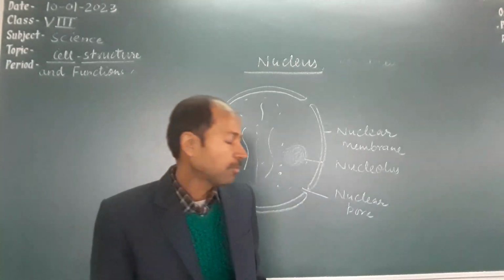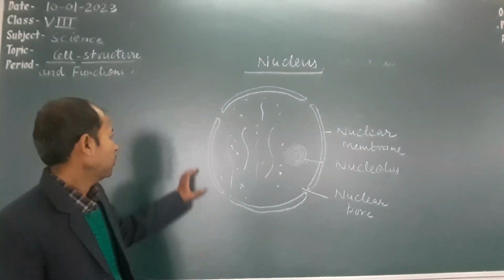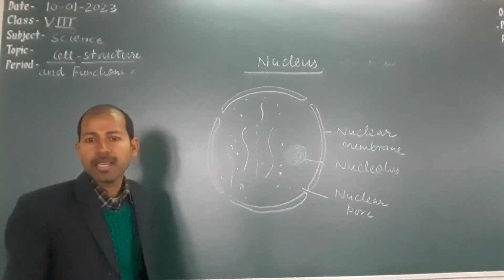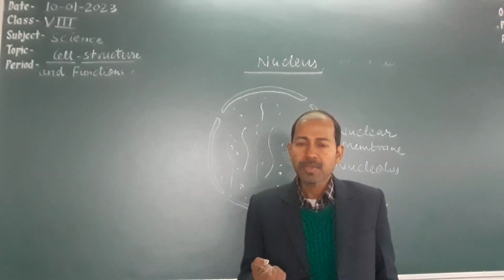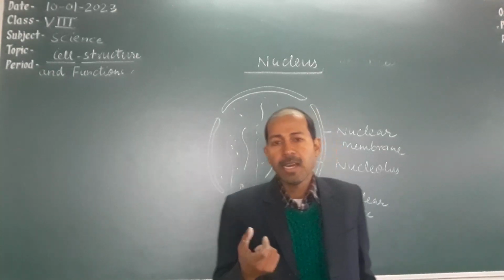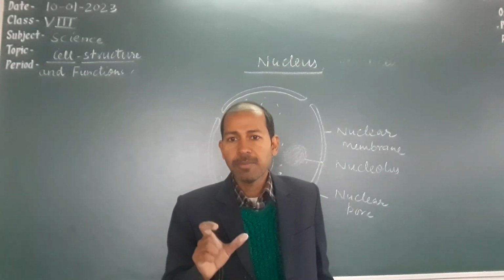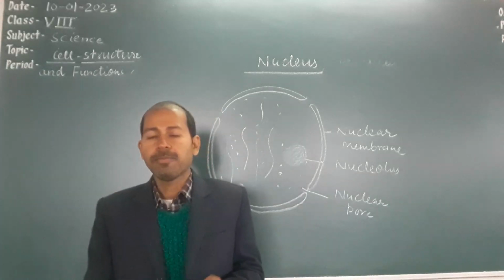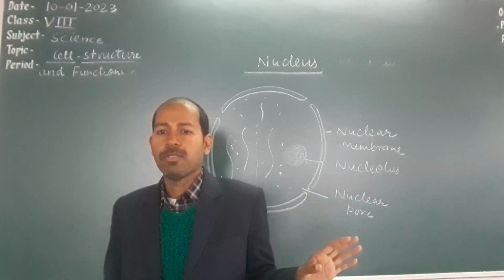plant cells and animal cells, in both cases. If you see the structure of the nucleus, you will find that it is a spherical shape structure and the most important part of a cell, because it is also called the director of the cell or master of the cell, because all the physiological processes of the cell are conducted by the nucleus.